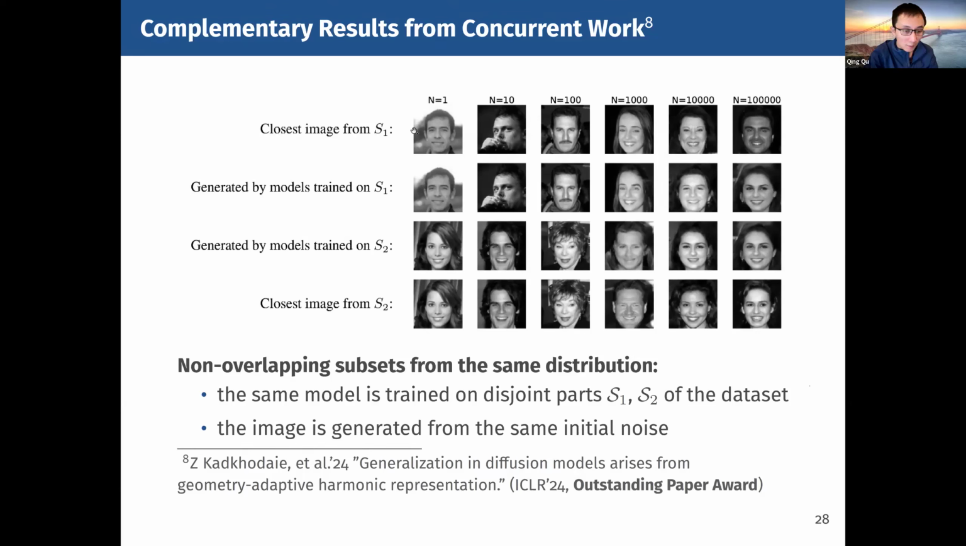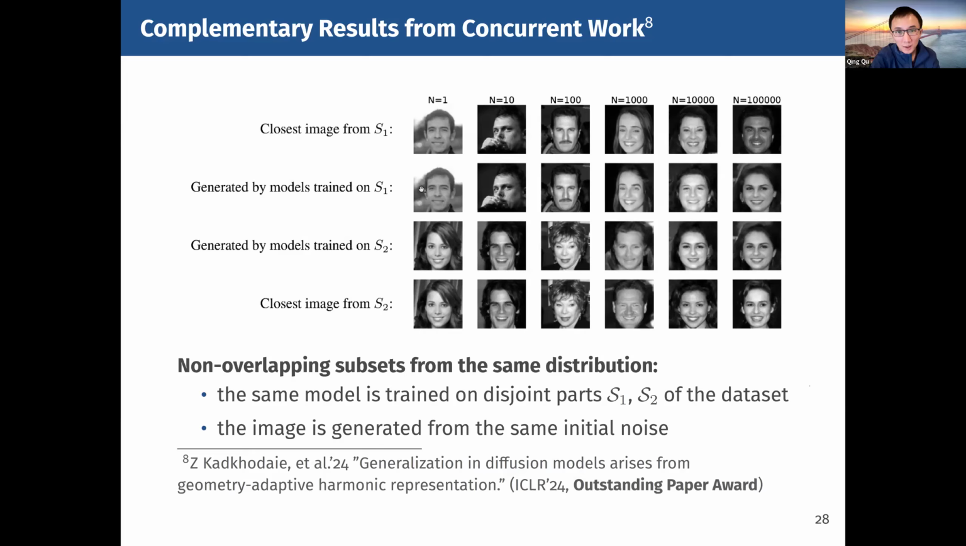Suppose you have a data set S, and you partition the data into non-overlapping subsets. S1 is a subset of S, and S2 is another subset of S, where they don't have any overlap. And then you train the same model on these non-overlapping subsets, and you sample from the same noise with the same ODE sampler, where n is the number of training samples. And you observe something quite complementary to what we find: when n is very small,